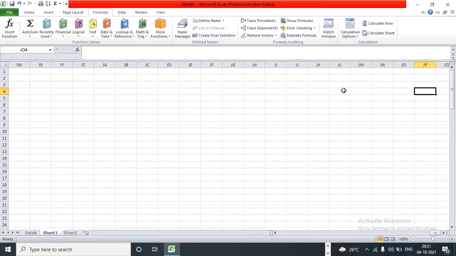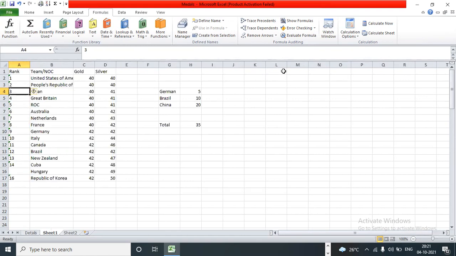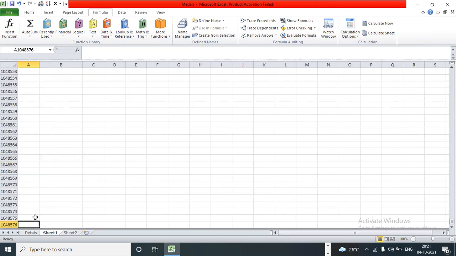There are a good number of columns. Now let me come back. So you can use it for any number of calculations. Okay, I'll come to that. If I scroll down, how many rows will be there? What is the last number?